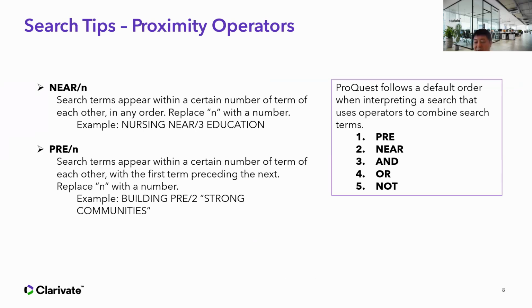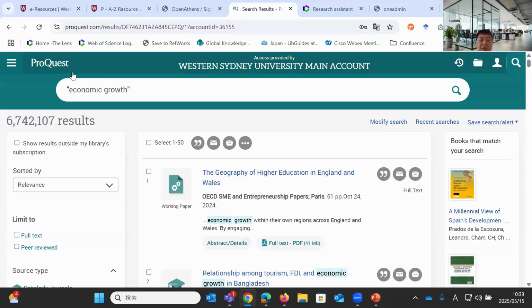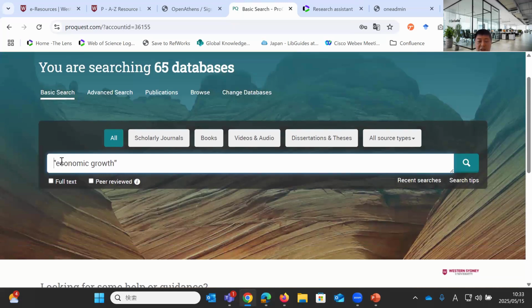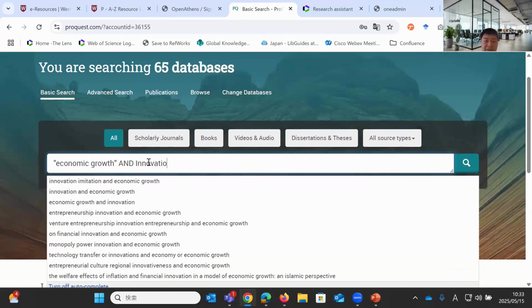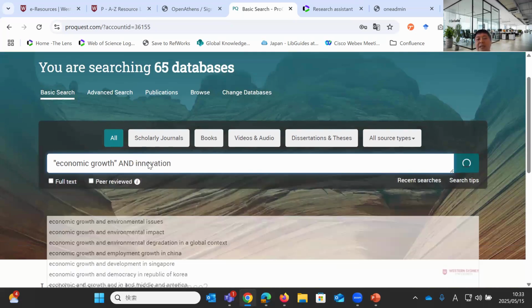And this operator, personally, I really like this operator. Many librarians know this. Some professors use this all the time. But the difference between, well, I think it's easier just to show what it does. Let me go back to the main page. So maybe keyword A is economic growth, and I put innovation here. I don't have to use a capital letter. By the way, capital letter or small letter doesn't matter here.